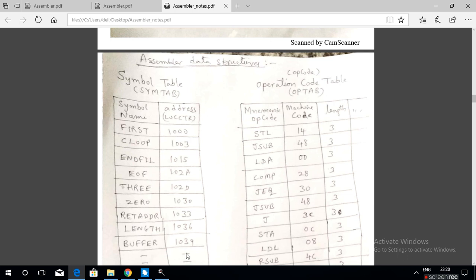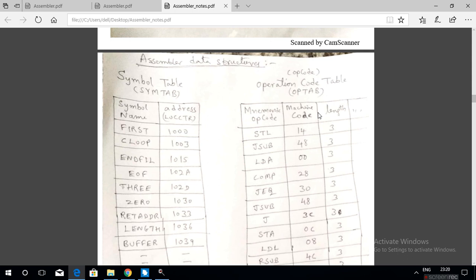So during pass 1, whenever a symbol in the label field appears, it is immediately stored in the symbol table along with the equivalent location counter value.